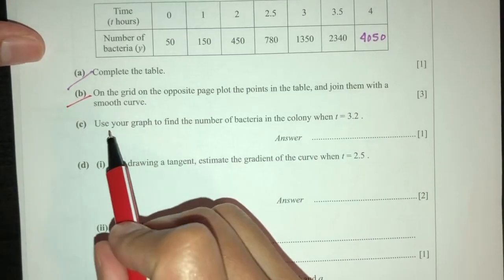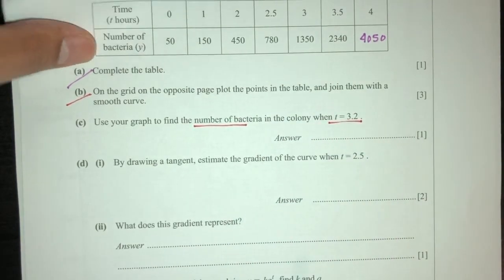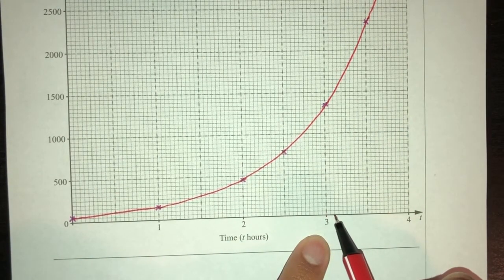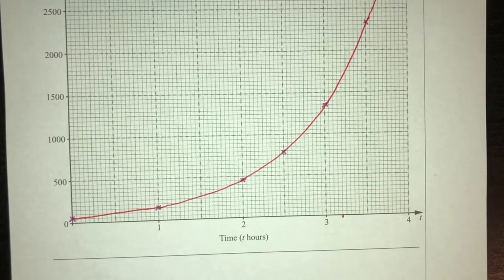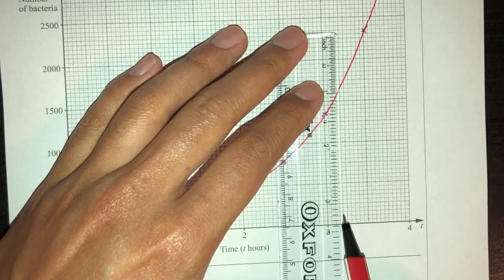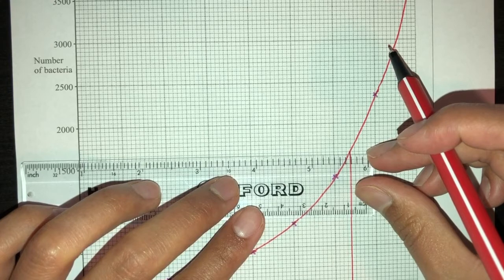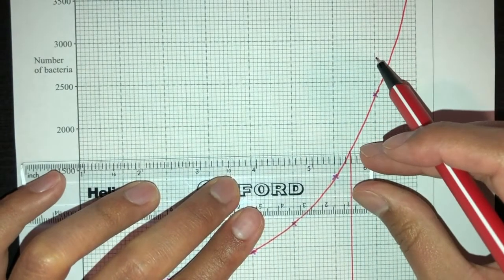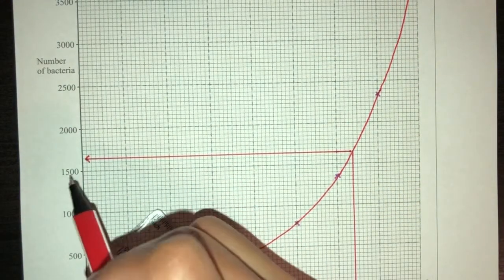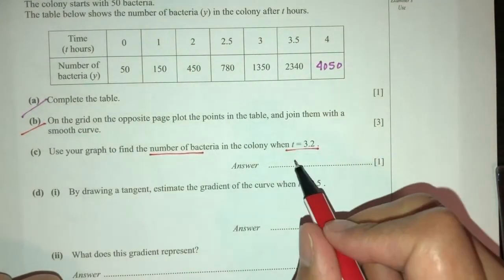Now part C, use your graph to find the number of bacteria when t equals 3.2. So pretty easy. You have to go to 3.2, so this is 3.1, 3.2 will be right here. Let's find the corresponding number of bacteria. You have to draw a line where you cut your curve, and draw another line to find the corresponding value of bacteria. So that will be right here, which is 1, 2, 3, about, I would say, 1650 according to